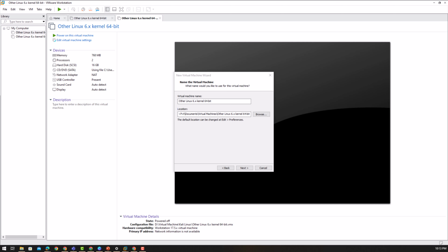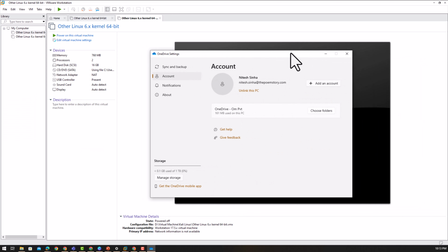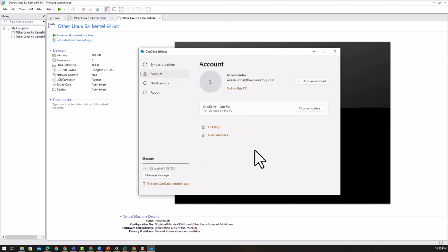So if you are installing it on the default location, you need to exclude this location from OneDrive backup, and I'll show you how you do it if you are running OneDrive. So on OneDrive, you open settings. So this is the settings screen, right? And there you choose folders,